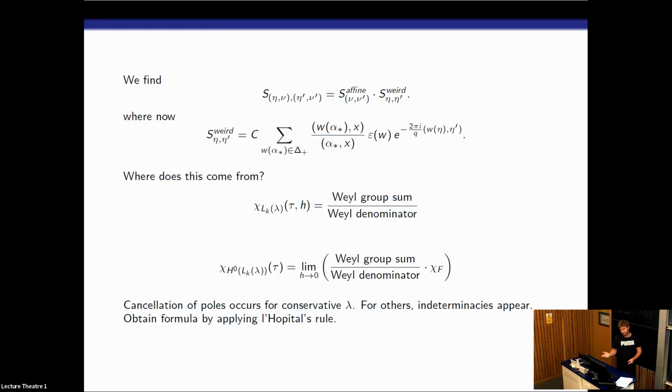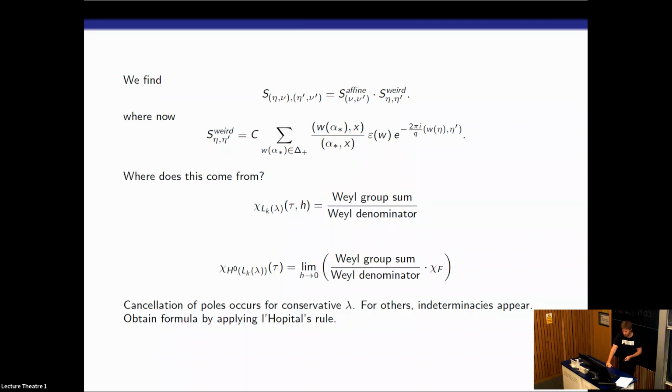So again, it's more delicate to take the limit, but you can still take the limit. What you do is just choose some direction. So this is where x comes from. We just choose some x arbitrarily, take the limit along the ray as t times x, as t goes to 0. And then use L'Hopital's rule. And that's where this rational factor is from, just an application of L'Hopital's rule.